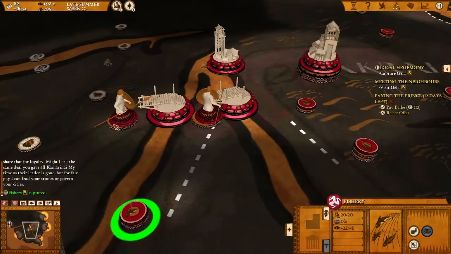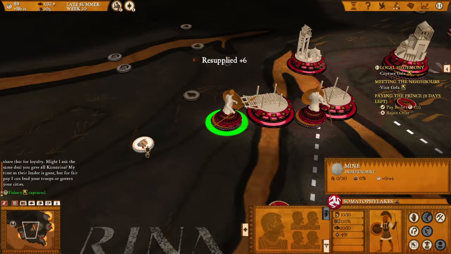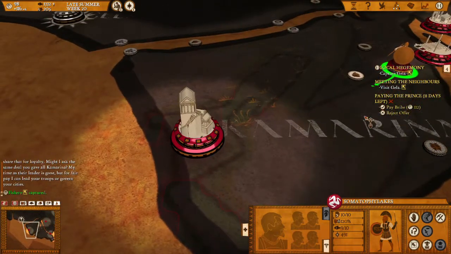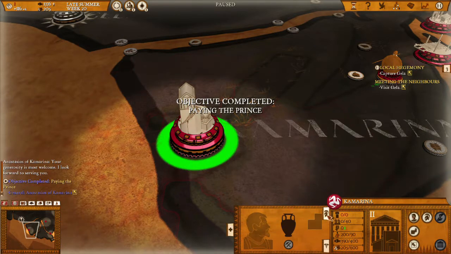Let's see. You load in food. Might as well go capture that while waiting. We almost have the gold. Shouldn't take too long. There we go. We get a general. Let's have a look at